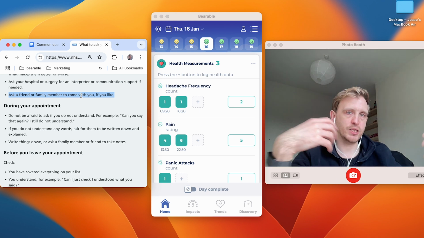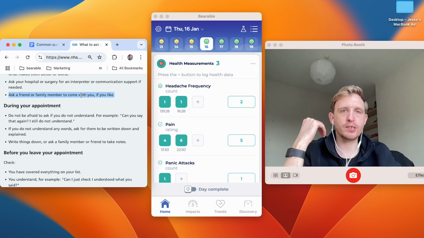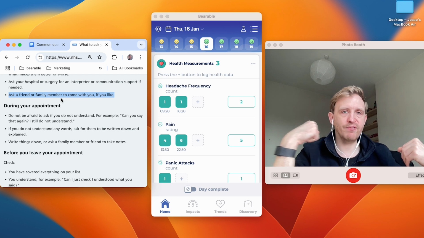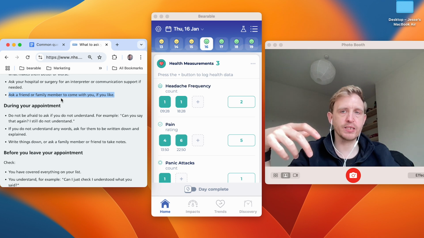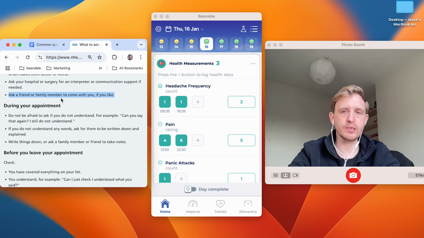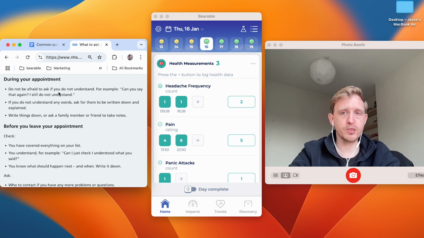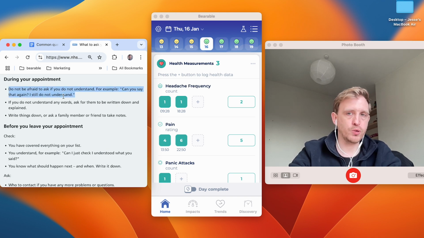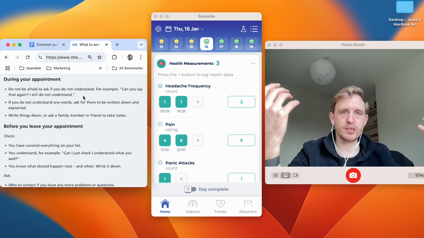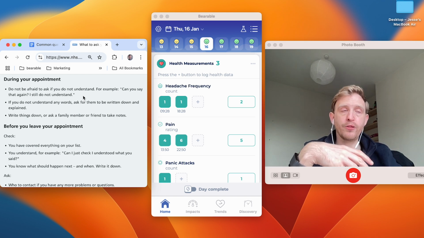It's just also useful to have somebody there that maybe understands you and supports you to help reduce any anxiety you might have in an appointment as well. If you experience medical gaslighting, which I have in the past, it can help to have a friend there to push back against that, because being on the receiving end of medical gaslighting can be quite difficult as well, obviously. So yeah, having a friend can be really, really helpful if that's possible. I think this is another good point too, don't be afraid to ask questions. Don't be afraid to get a doctor to clarify what they mean. Don't be afraid to ask them how they reached a conclusion about your health.